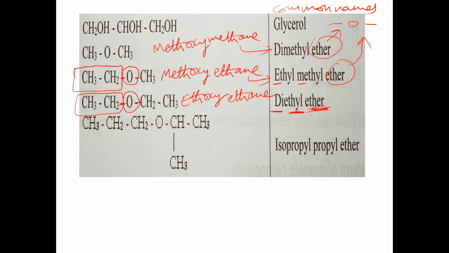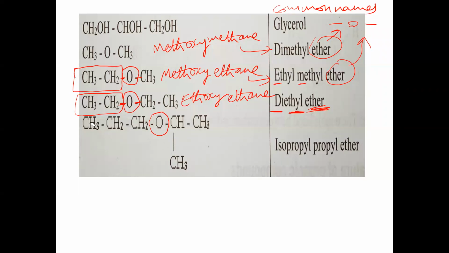Now tell me this one. Here bond O bond is ether. Now on the left side, which group is there? Is it propyl or ethyl? 3 carbons with single bonds, so it is propyl. And on the right side, again propyl, C3H7. This side C3H7 propyl, and this side also C3H7 propyl. So both sides have a propyl group, but the structure is different, you check it here.